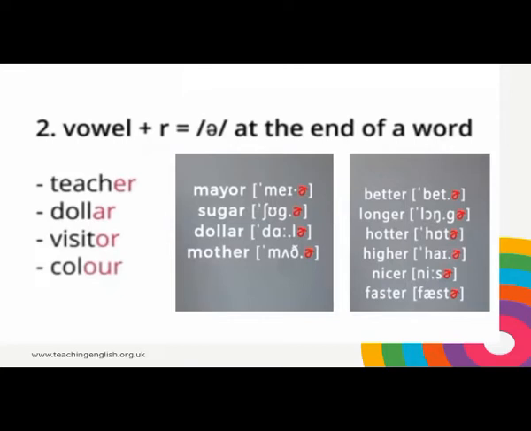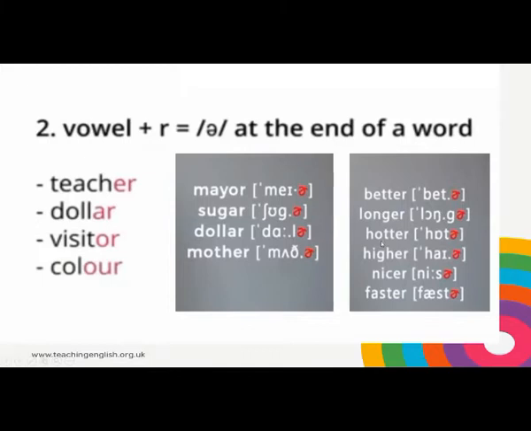Visitor. Color. Teacher. Dollar. Okay. And in these examples and words like these: mayor, sugar, and dollar again, mother, better,